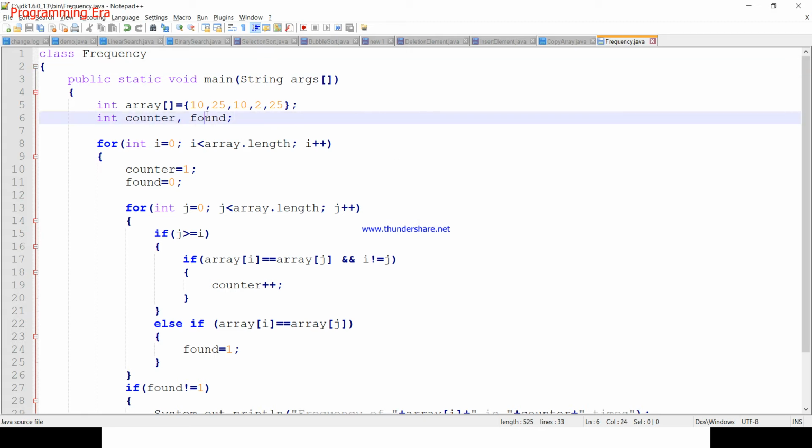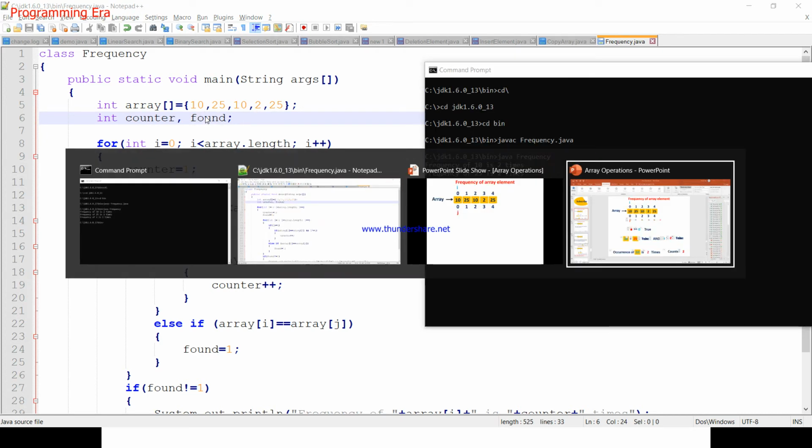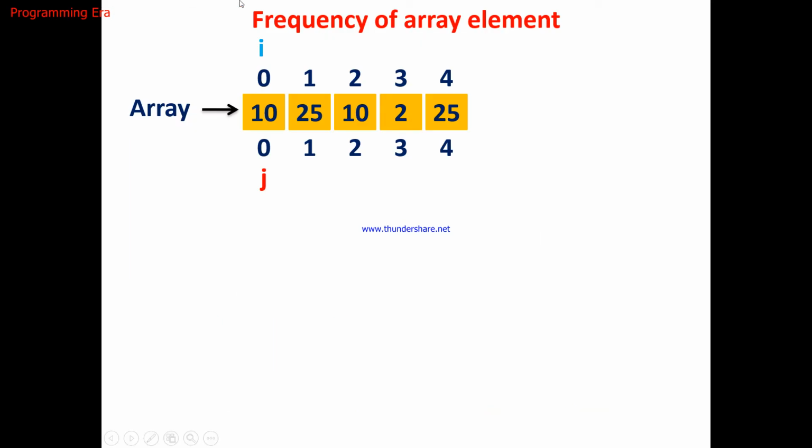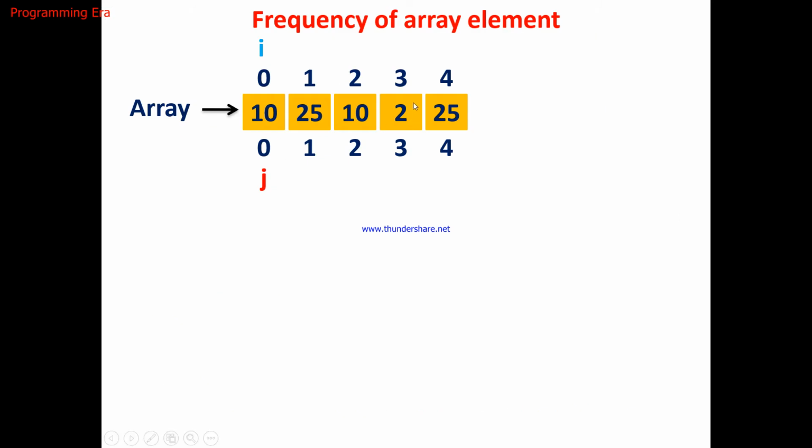So how is it working? We can look here. First of all, we'll take an array like this. This is the array. We took two variables, counter and count, and we'll start at 0. We started two loops. i is from 0 and j is also from 0, going to the end of the loop.